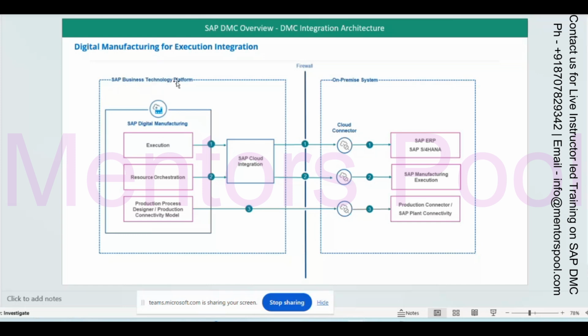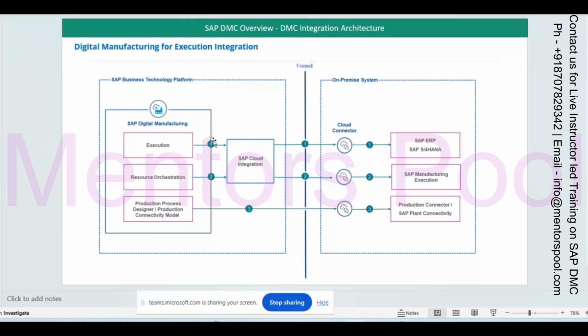If you don't have the BTP global account, you will not be able to subscribe to DMC or CPI or any SaaS applications or cloud services that are available. They are tracking it through the global account. If you have a global account, only then can you subscribe to their services and use them. Digital manufacturing has execution, resource orchestration, and production process designer, these three parts.